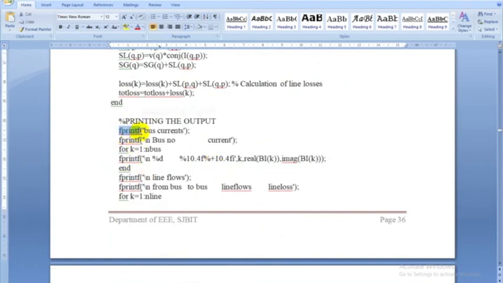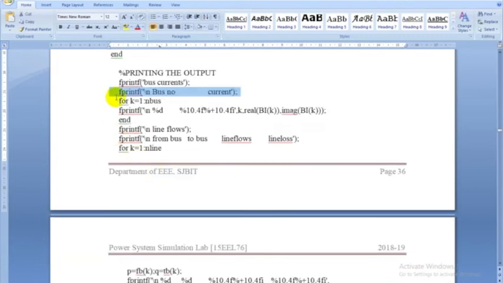The fprintf command we use to print bus current. In single quotes you write whatever you want, it will be taken as a comment line. Here also the number of buses, 3 buses. Take k varies from 1 to number of buses. So at each bus, you have 2 parameters. One is k, the bus number, that is an integer, percentage d, and percentage 10.4f means real part of bus injection, imaginary part.